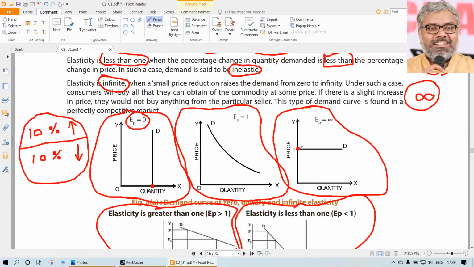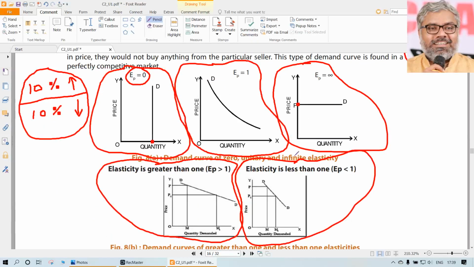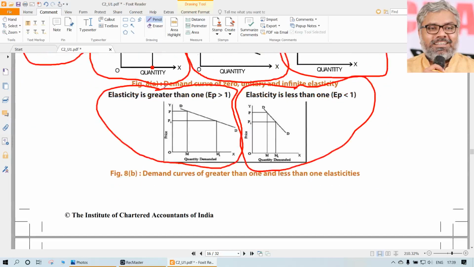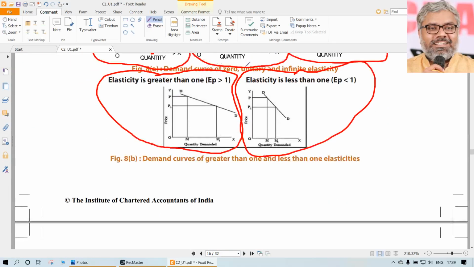On the other side, if the elasticity of demand is infinity, then the demand curve is going to be parallel to the x-axis. Unitary elastic is the case where the elasticity of demand is equal to 1. This is the perfect possibility where the percentage change in price and the percentage change in quantity are happening in the same way. That's what is unitary elastic. Then these two things also we should be able to identify. If not now, even in future, these graphs will be helpful for us. Very important point to identify.